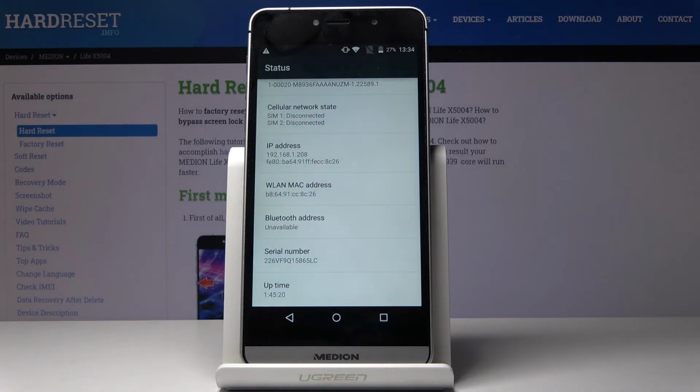So that would be all. This is how you can locate unique numbers that are the description of your phone, of your MEDION Life